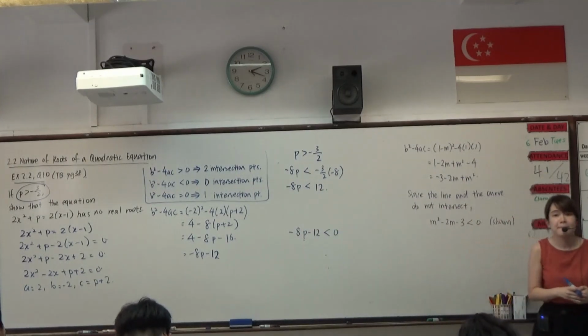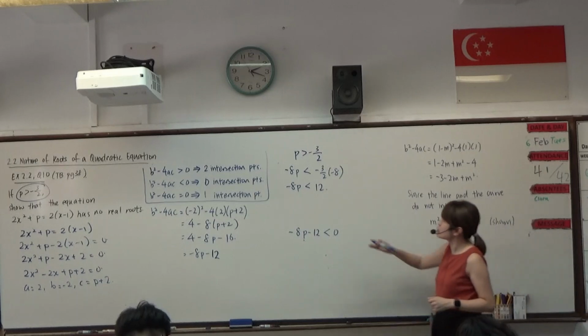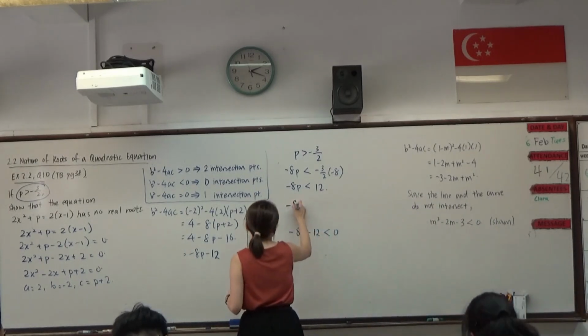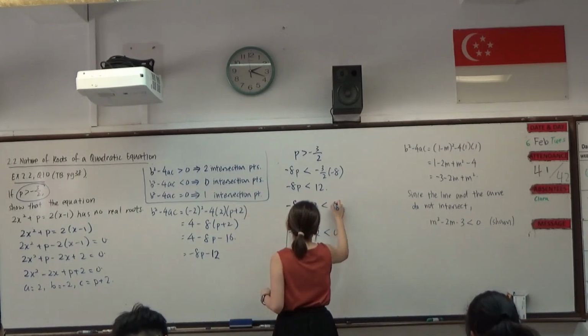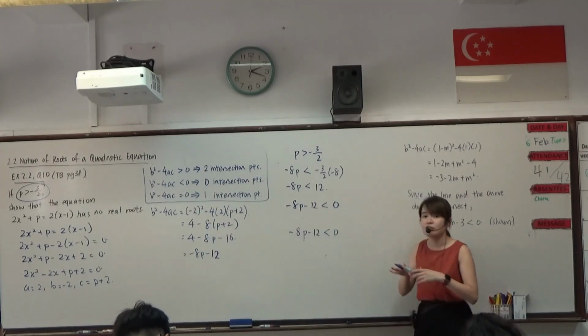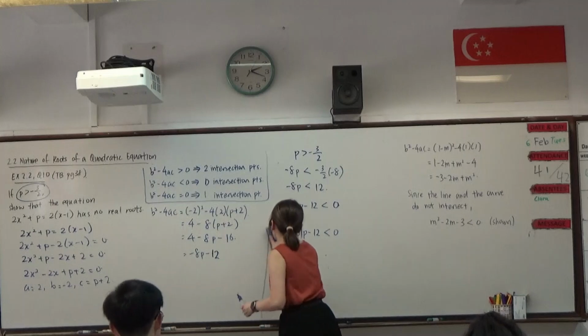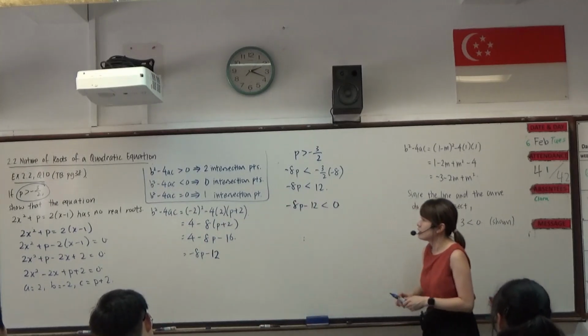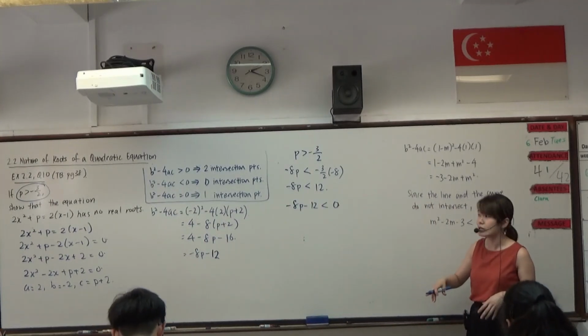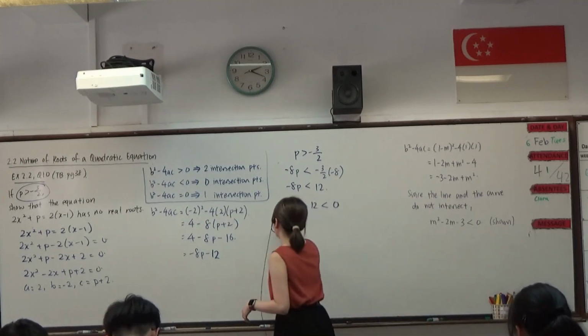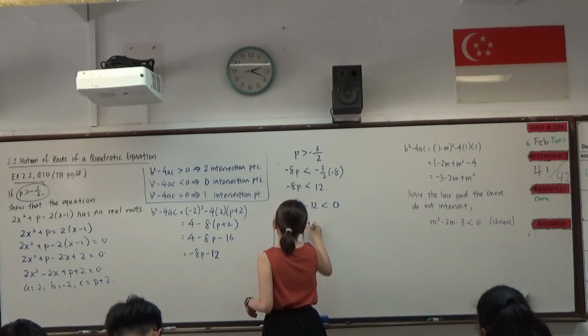And then we can minus 12 on both sides such that we get negative 8p minus 12 less than 0. So we arrive at this, which I can then erase already. So this is how we show that the equation has no real roots. So says the discriminant